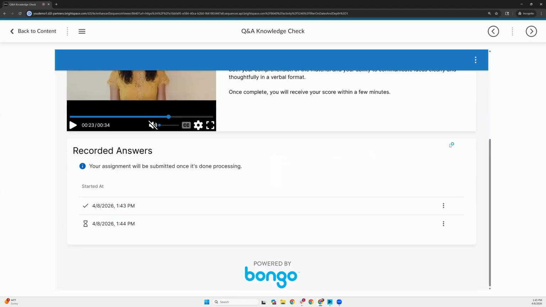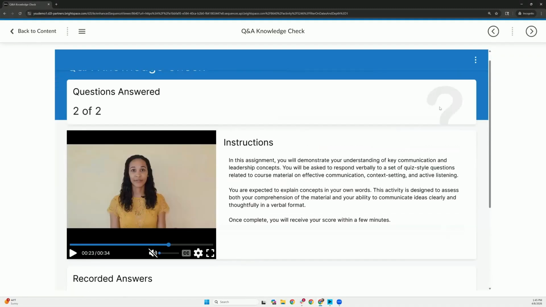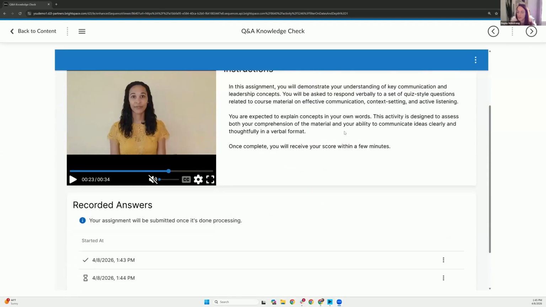So that was just a really simple way of showing you a couple questions. We do have the option to allow for retake, which would show up in this little three dot menu if you had turned it on. I didn't turn that on here, so it is going to process my questions without allowing me to retake. I'm just trying to come back on camera. Here we go. And the other thing you can do is also have